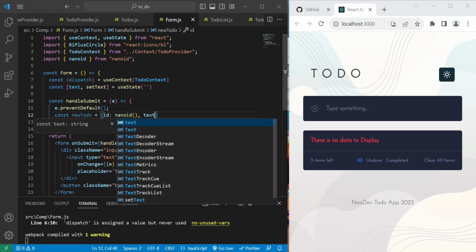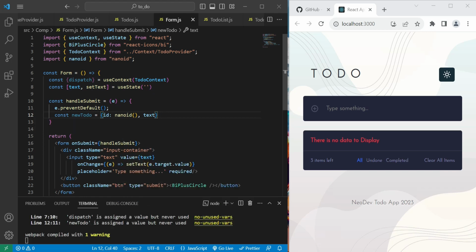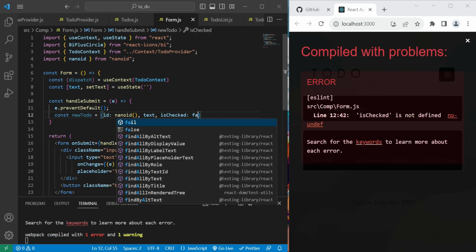Then we're setting the text to be the text, but a shorter way to do that is by just saying text, because they both are the same. And finally, the property is checked. This checked is going to start as false,